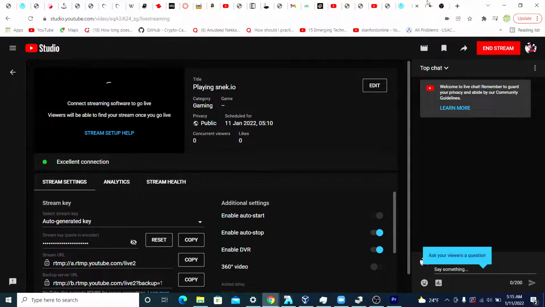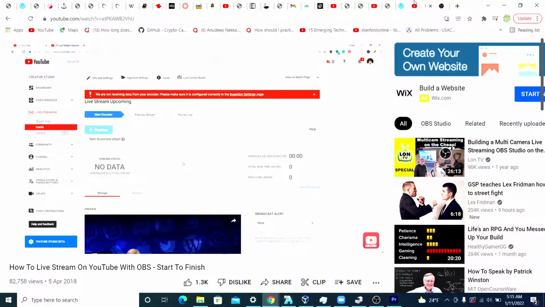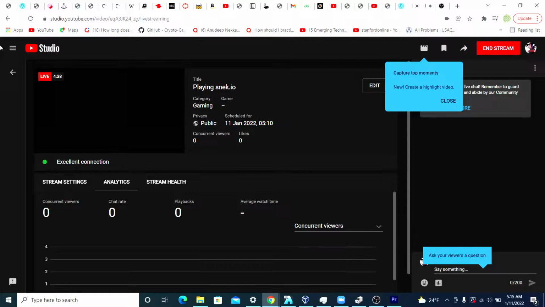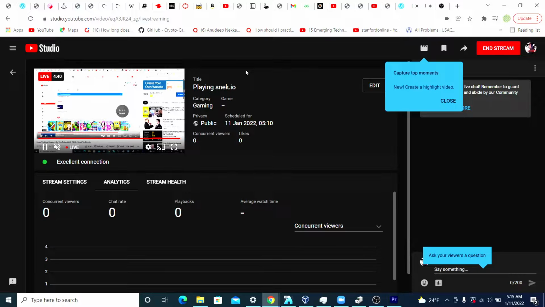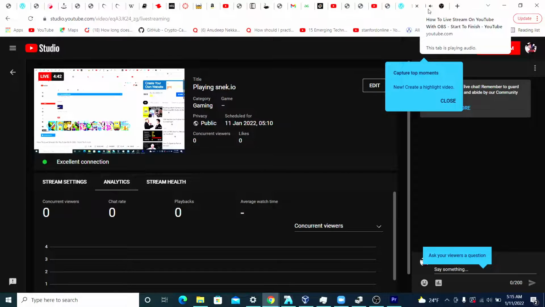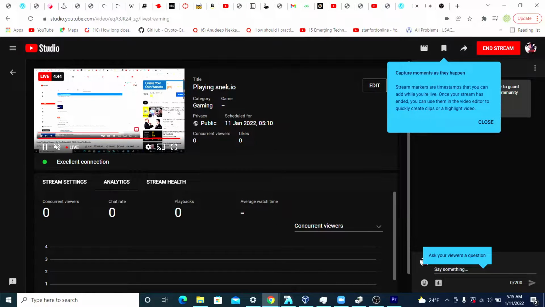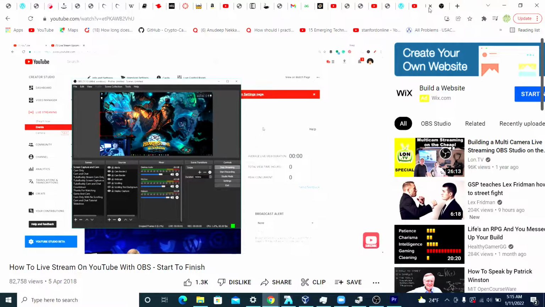So what you're going to want to do now is go to the live control room tab, which is in the right hand corner here, where it shows the little up and down arrows. What you're going to want to do here is go over to OBS. So go to OBS and go to start streaming. Now,